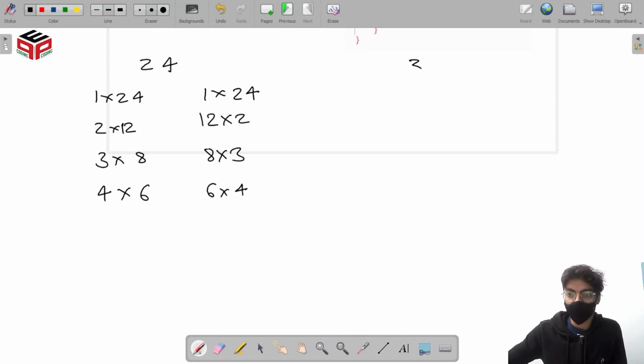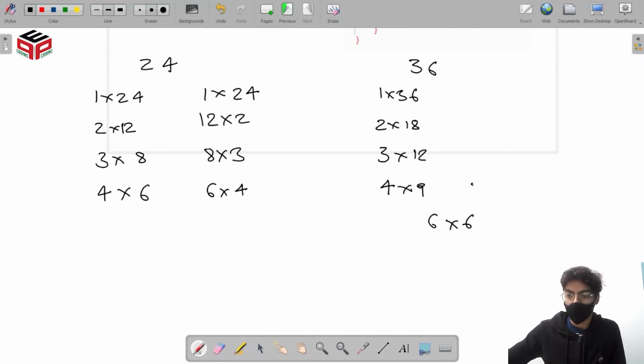Then similarly for 36 we have 1 into 36, 2 into 18, 3 into 12, 4 into 9, then we have 6 into 6, we have 9 into 4, 12 into 3, 18 into 2, 36 into 1.